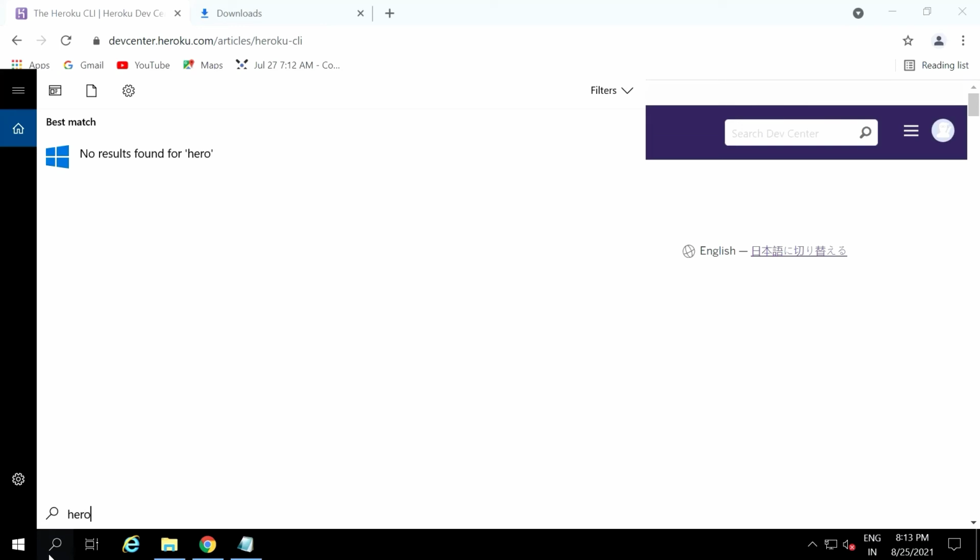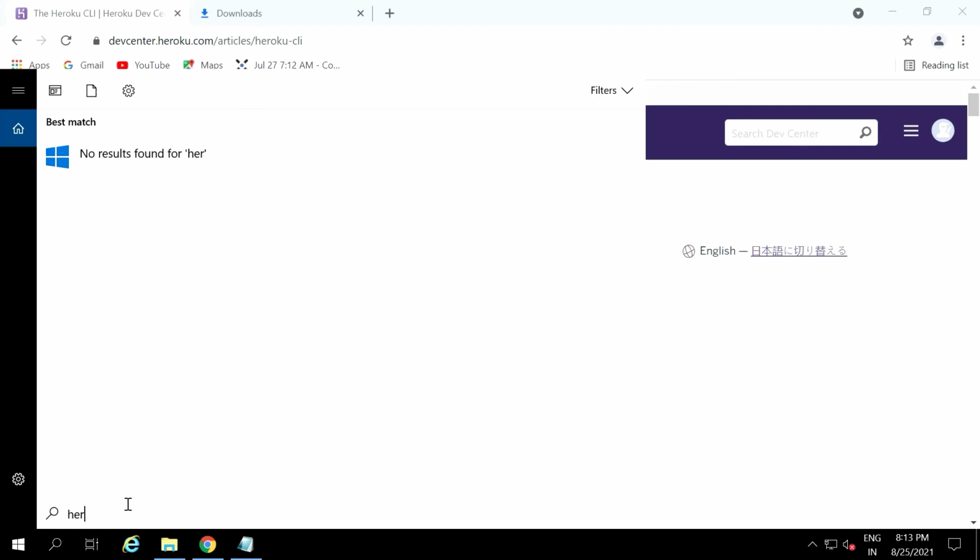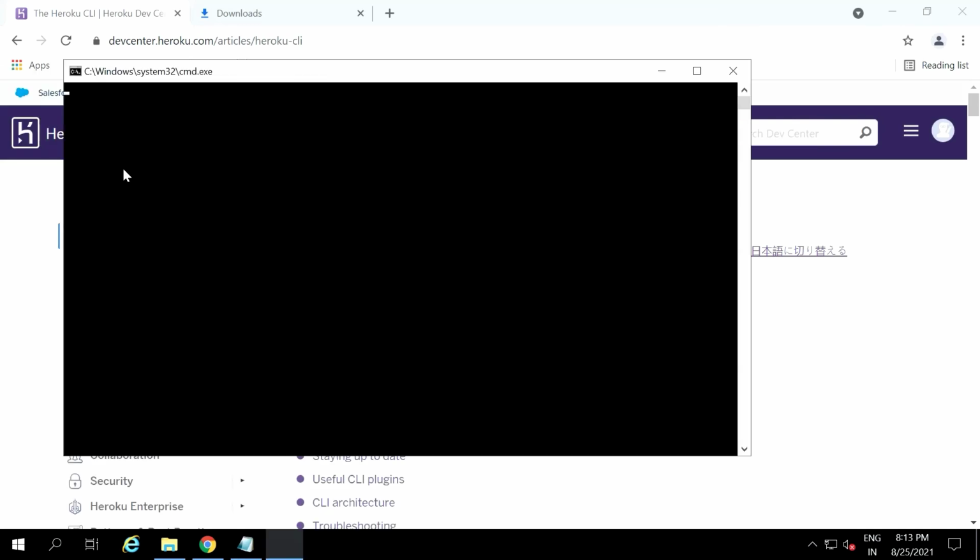Now I'm opening Heroku CLI to show you how it will look. In the search bar you can search. Here we get, yeah, this is the command prompt.